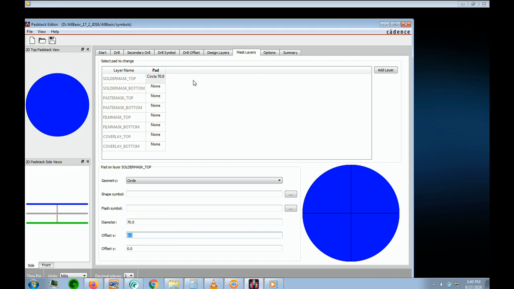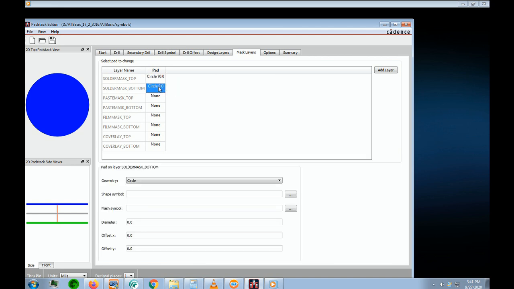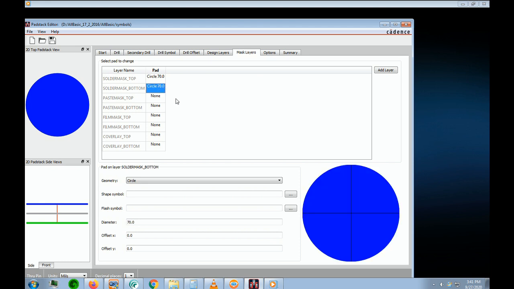Now if we want to do a little bit of a shortcut, we can click it, right click, copy, left click, and right click, paste, and that takes care of that. And on a through-hole part, we don't have to fill in any of this. So now if we want to check everything that we've inputted,